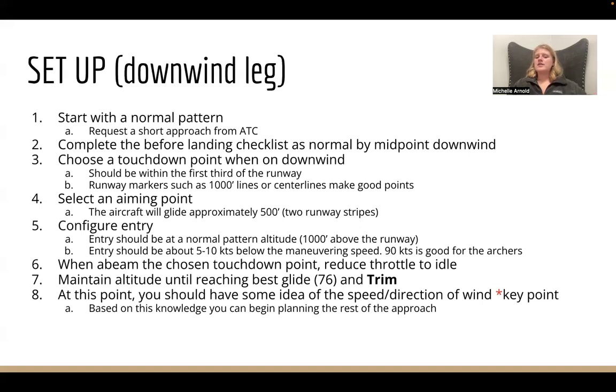Maintain your altitude until you reach the best glide, which in our case is 76. And then it's really important at this point in the beginning of the maneuver to trim for this speed. This is going to help you out a lot in the rest of the maneuver, because as we discussed before,